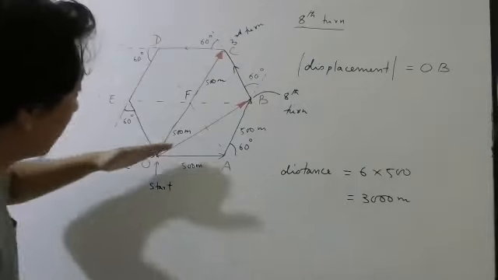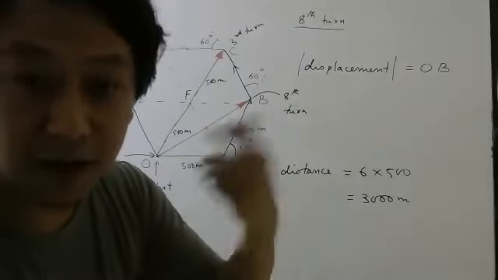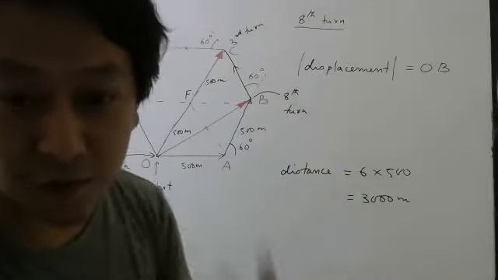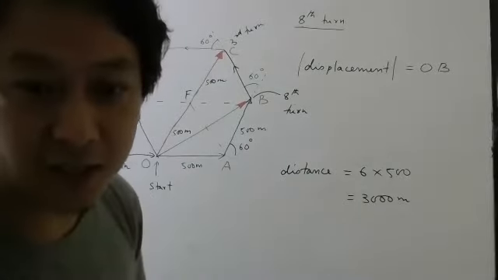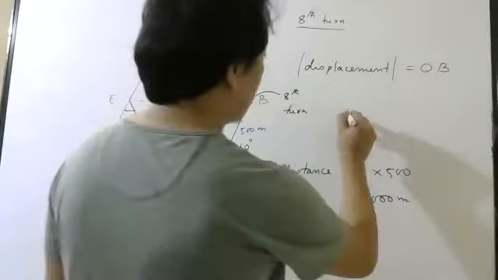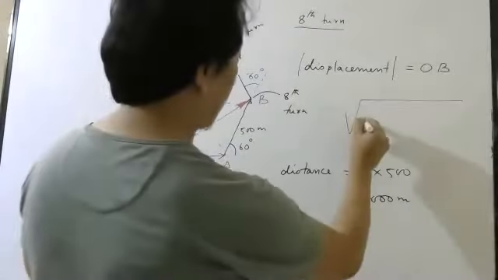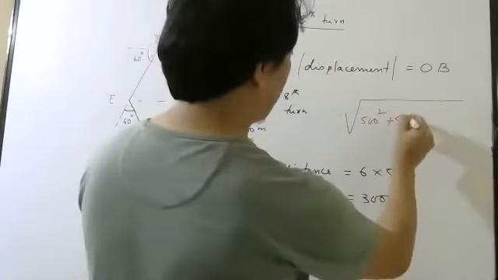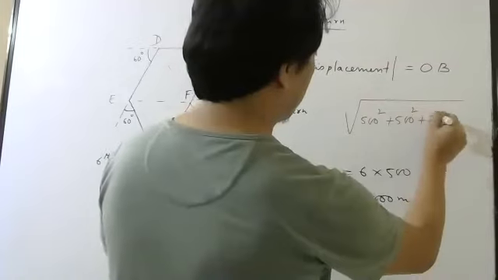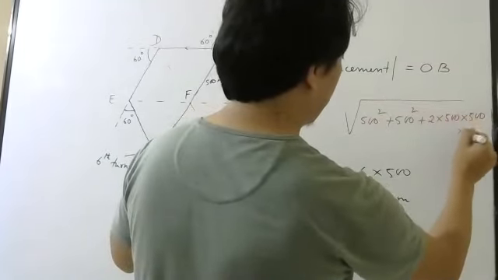Since this vector is the sum of these two vectors, I can use my resultant of two vectors formula. How will you apply Pythagoras theorem? This is not 90 degrees, this is 60 degrees. So this will be root over 500 square plus 500 square plus 2 times 500 into 500 into cos of